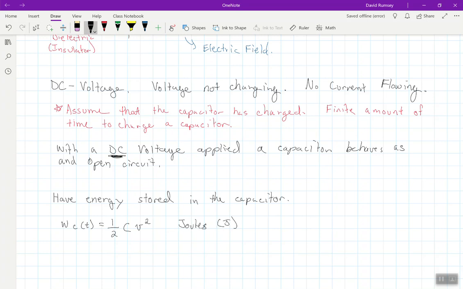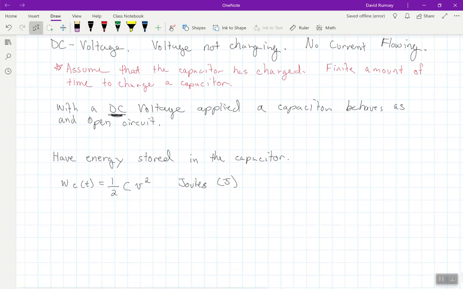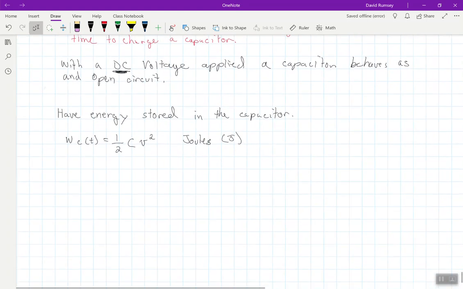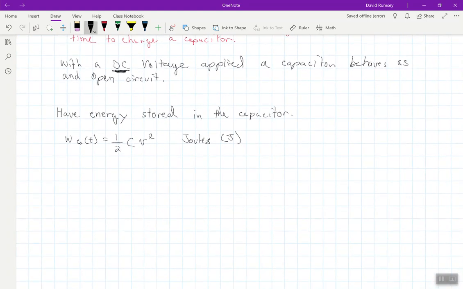And we're going to go through some examples, don't worry. We're just, as is normal, talking about all the theory, putting down formulas, and then we'll do some examples. So we have energy stored in the capacitor, and this is the energy now that's stored in the capacitor. But what this means is we can use this energy